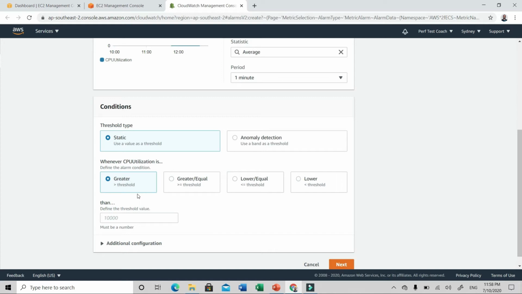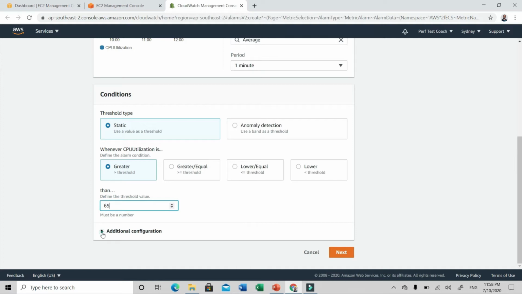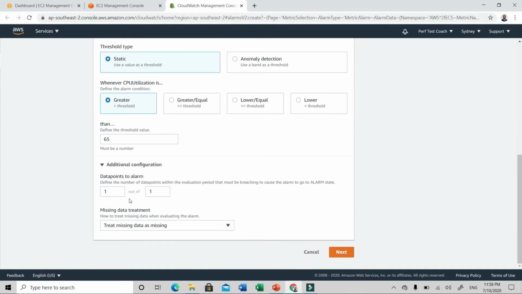And I want this alarm to get triggered whenever the CPU utilization is greater than 65%. So that is the reason I'm giving 65 here. And under additional configuration settings, with 1 data point out of 1 data point breached, basically what I'm doing is I want this alarm to get triggered whenever the CPU utilization goes above 65% for a continuous period of 1 minute. Click on next.